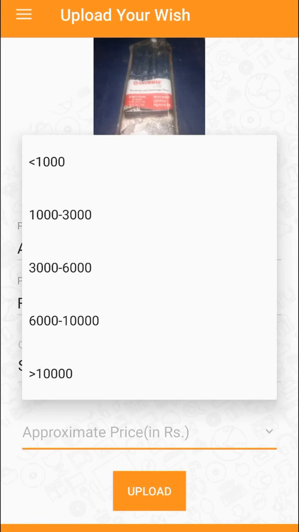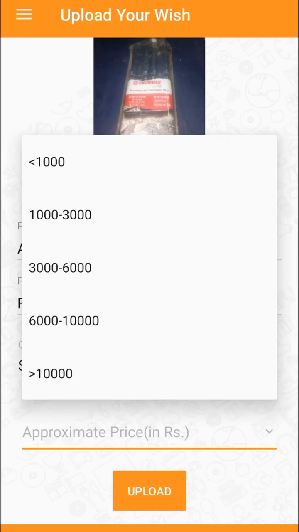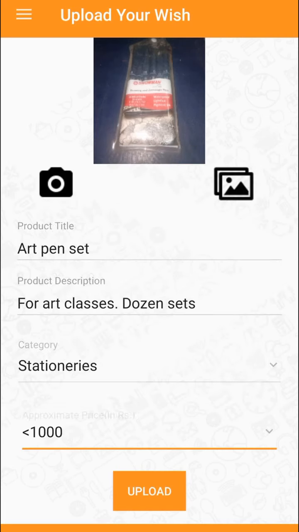In the drop down you can see the first is less than 1000 and there are multiple ranges given. Please choose any one of them. It is important because the donor will come with a budget in mind, and if his budget falls within this and then he sees your need, there's a very good chance that he will immediately sponsor your particular need.